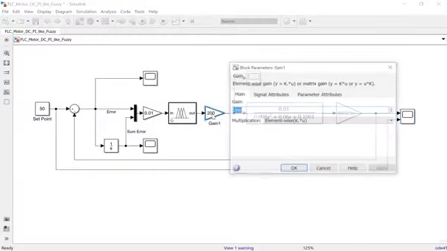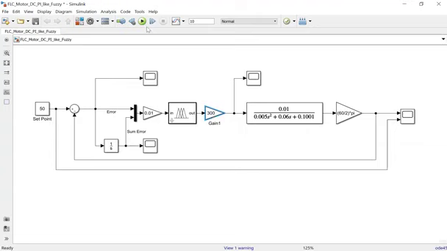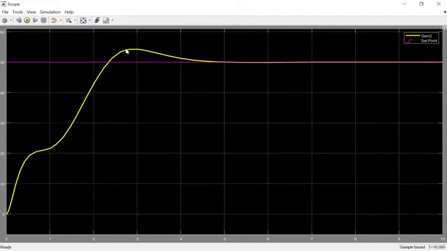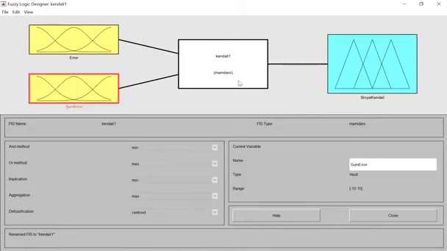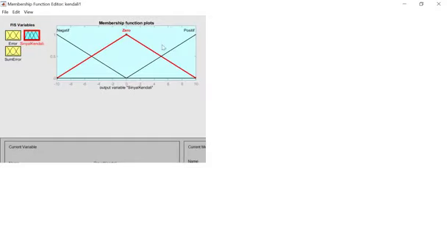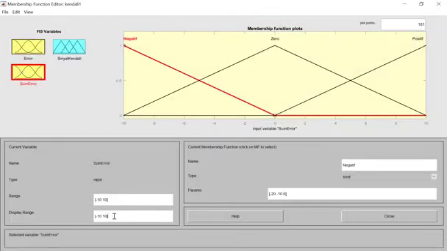So we can increase this value to scale and increase the control signal here, but the response is still not good, though it is okay for the simulation. And then you can design the fuzzy logic controller. You can design the rule here. You can change the value here, the length value. I just make the same rule value here.